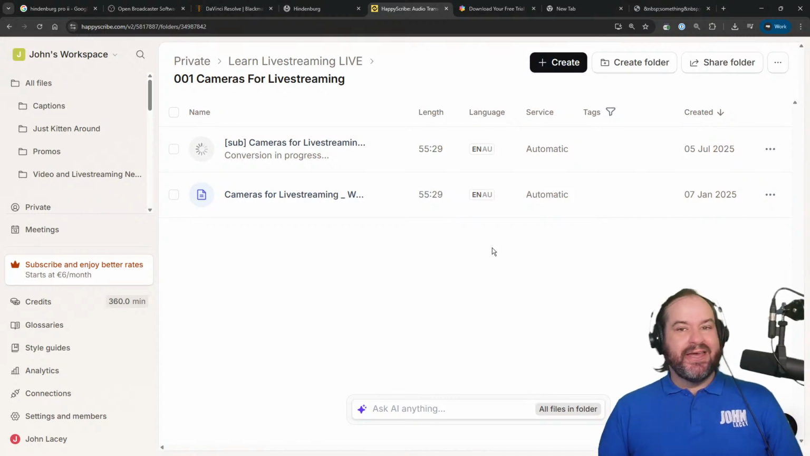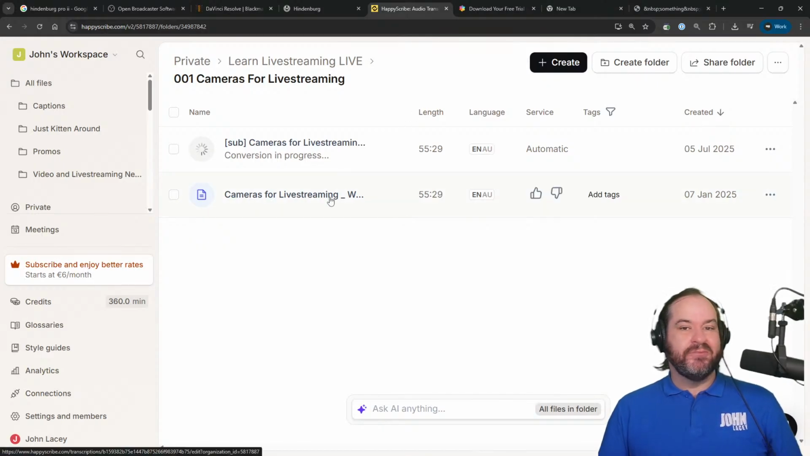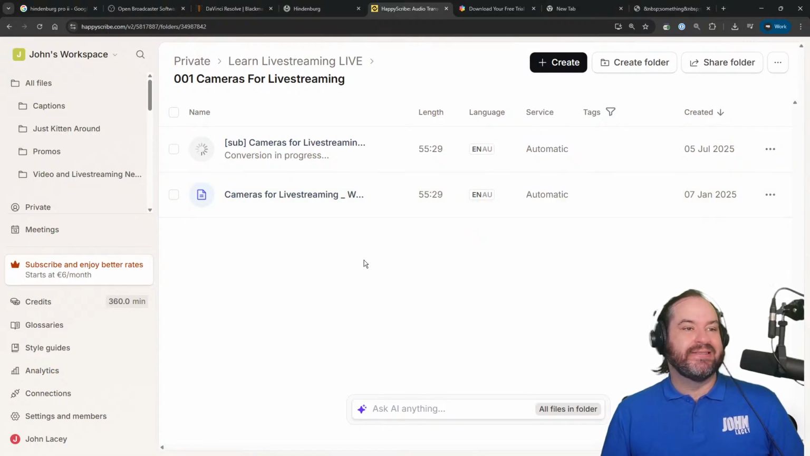The great thing, and this is if you happen to be using HappyScribe, this is something I do want to call out: generate the script first and then convert the script to subtitles, because that first transcription will reduce the amount of hours you've got in your credits. So once that's done, it'll do its thing. That'll probably take a little bit of time because it is 55 minutes long. But once we've got that in there,